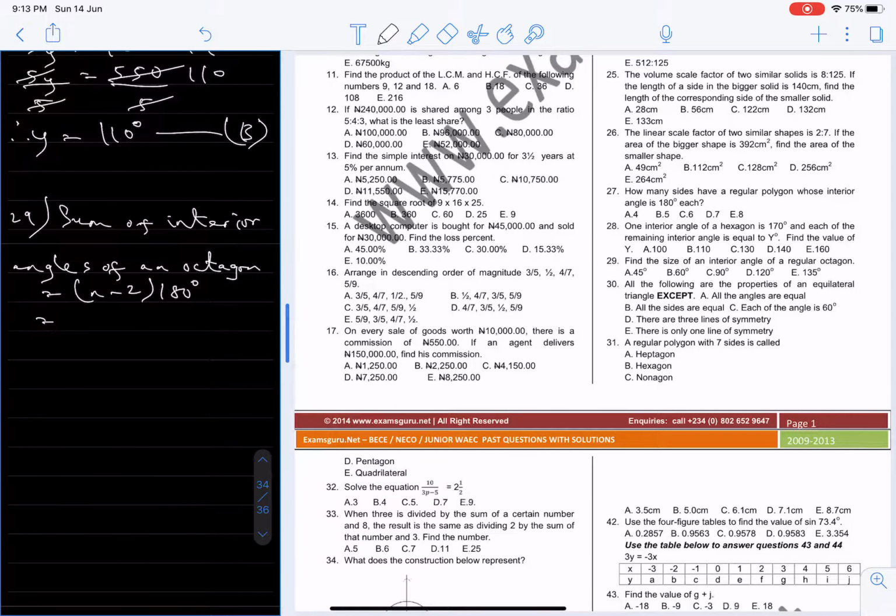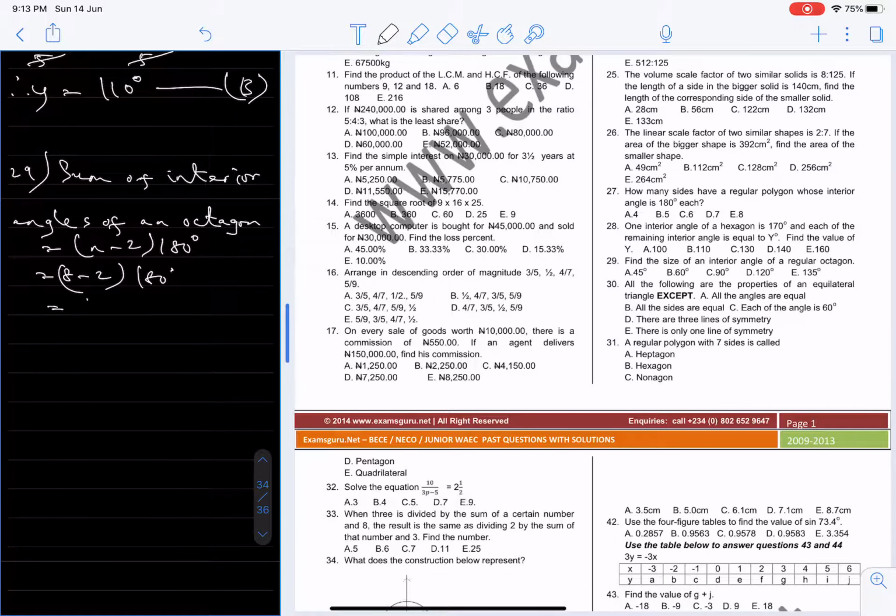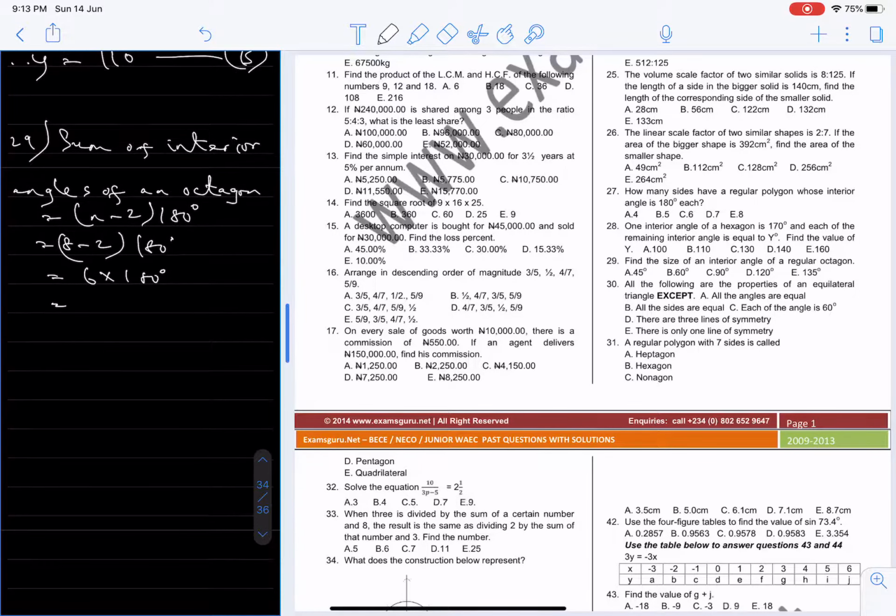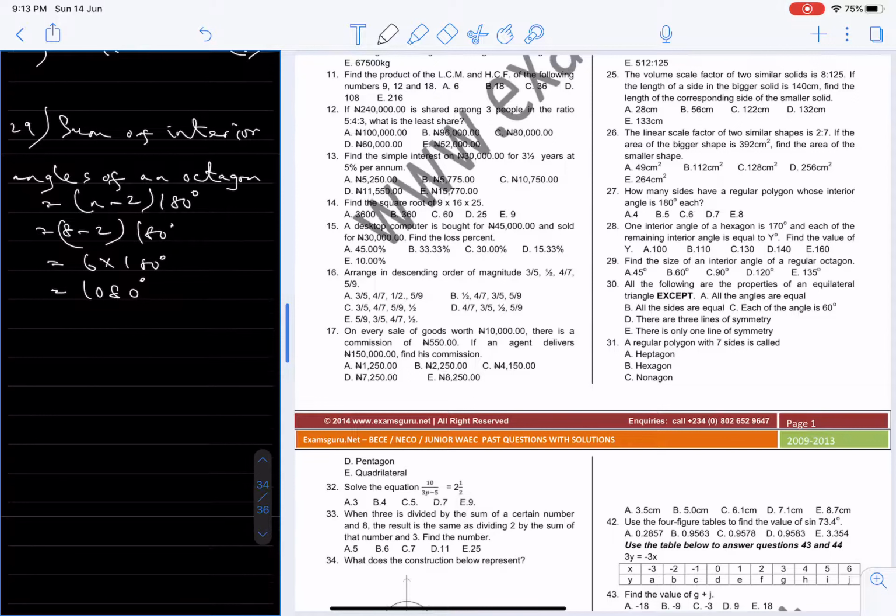That's 8 minus 2 times 180 degrees, which is 6 times 180 degrees, and that's 1080 degrees. Therefore, each interior angle, which is what the question asks, they said we should find the size of an interior